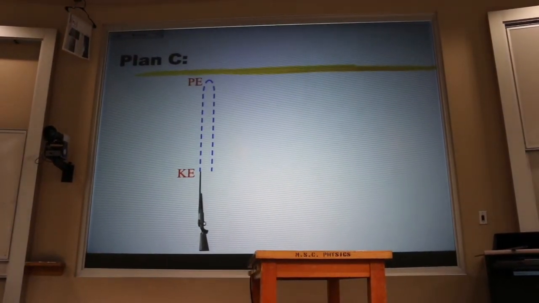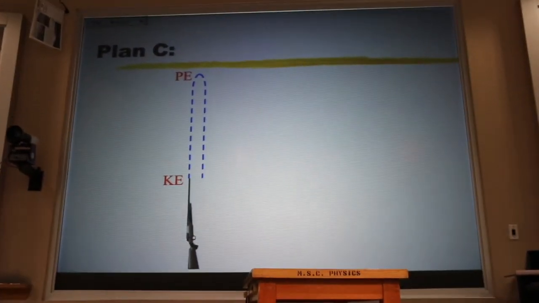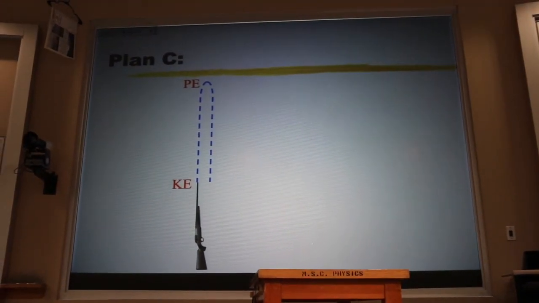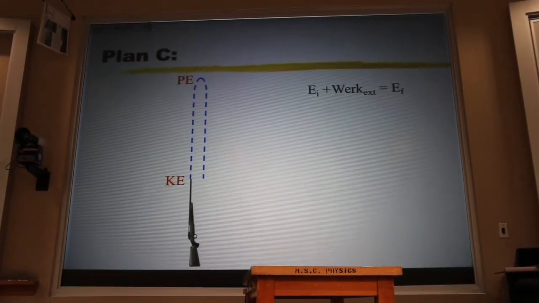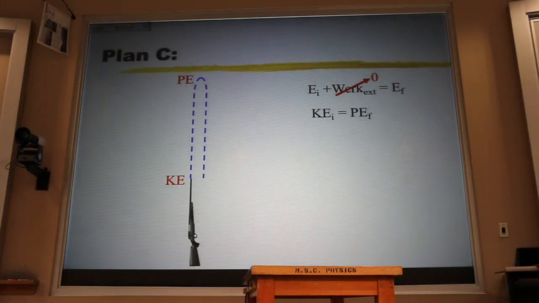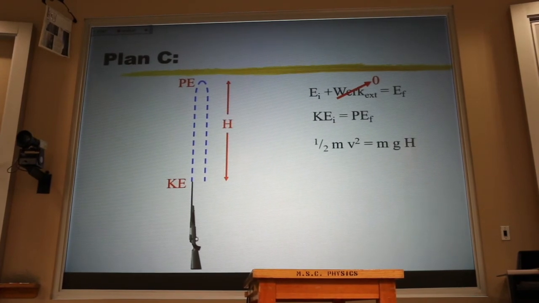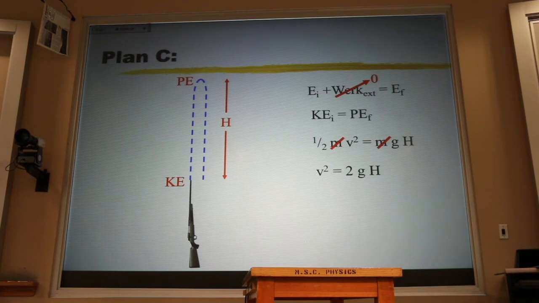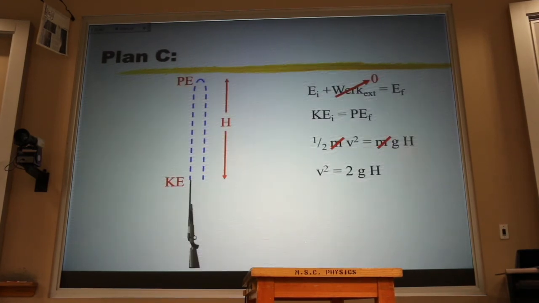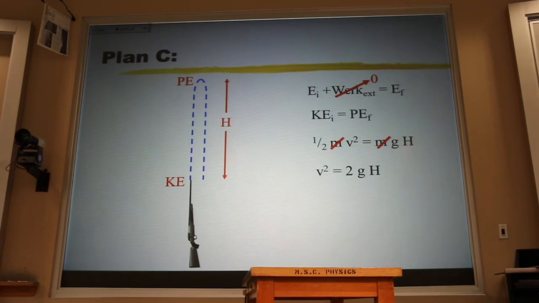When it stops at the top to turn around, it no longer has kinetic energy, it just has gravitational potential energy. If we ignore air resistance, then the kinetic energy leaving the barrel is equal to the potential energy at the top. If we know what H is, we solve for V. Now, if we had time to do that,